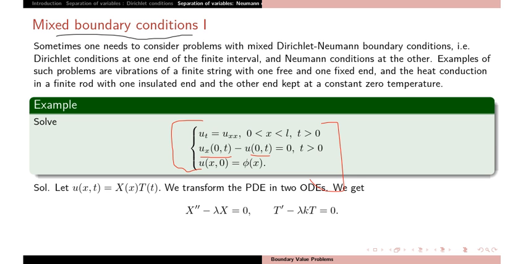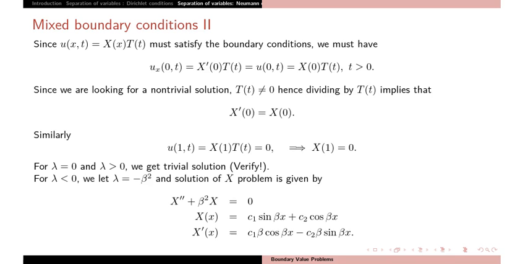So you can solve this problem in the same manner. Just assume that u equals X(x)T(t), fit in the heat equation as usual, and write that constant equal to lambda, and you get two ODEs, one in x, one in t. Okay, same: X'' minus lambda X and T' minus lambda kT equal to 0. And consider three cases separately, and you need the derivative, so compute boundary conditions u_x(0,t).